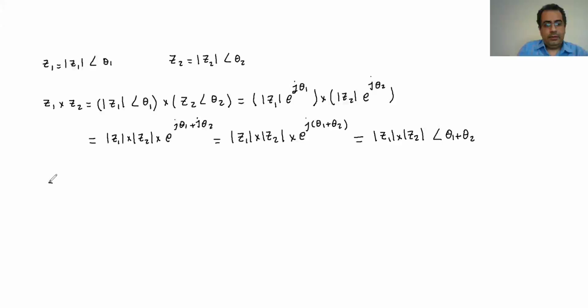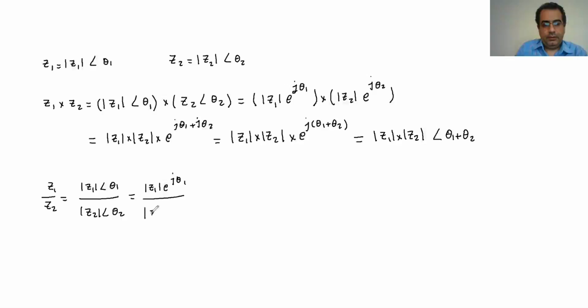Similar for if I do z1 divided by z2, what I have is z1 with angle of theta 1, and then z2 with angle of theta 2. So I write all the middle steps, but eventually you don't need to do that. We will jump to the very last step. So I will write it as exponential. So it's going to be z1 e to the j theta 1